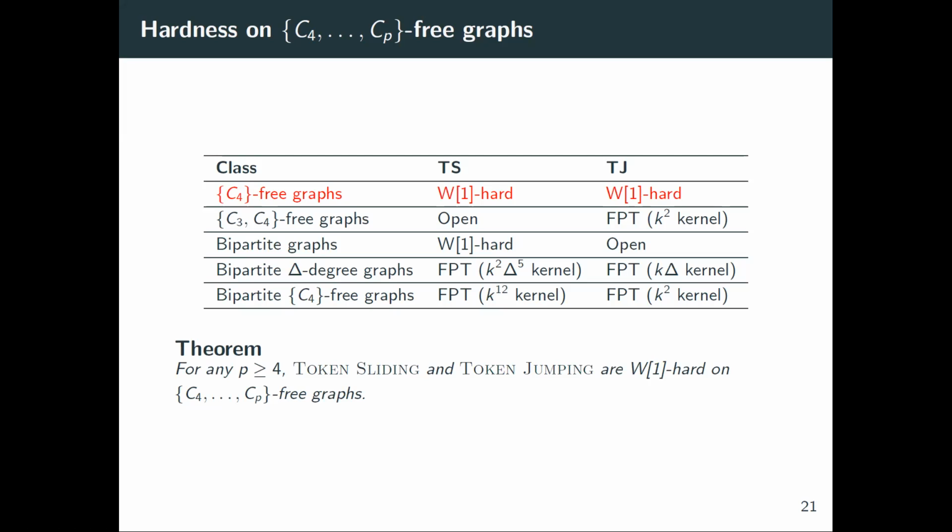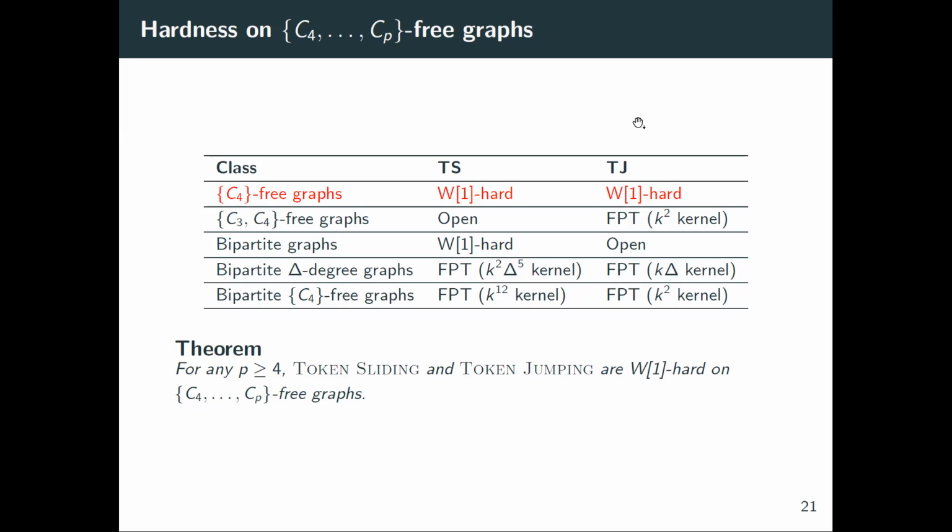It's the same reduction and you will get both results because we will be using maximum independent sets. If you're doing token sliding from one maximum independent set to the other, or token jumping, these two rules become equivalent. Jumping becomes equivalent to sliding. So when you're dealing with maximum independent sets, these two rules are the same. And that's what we're going to do.